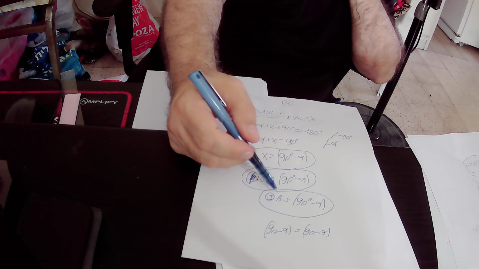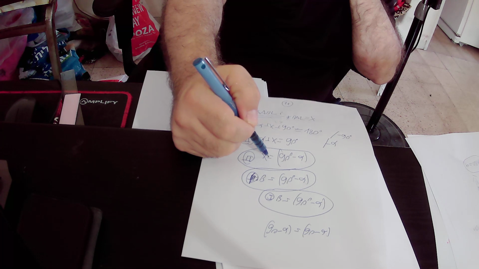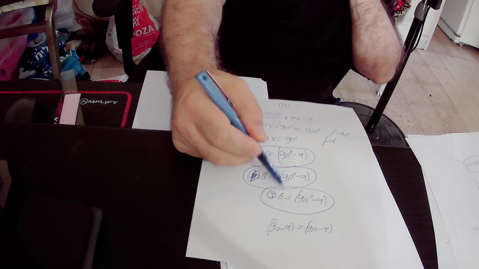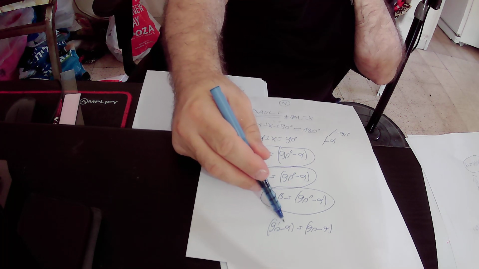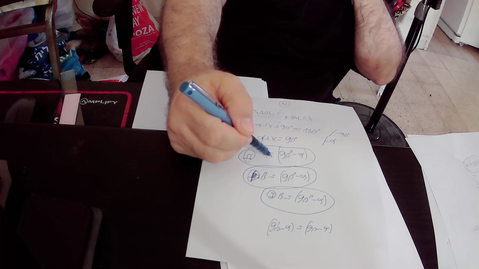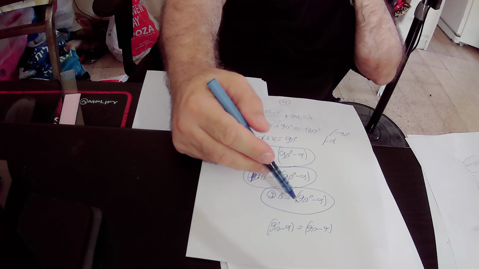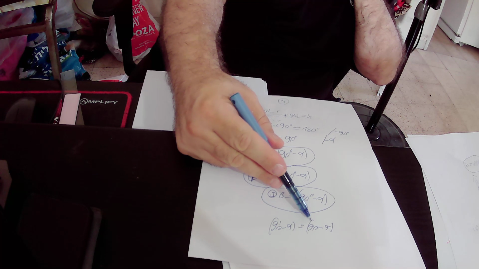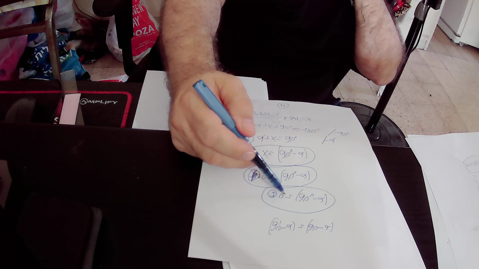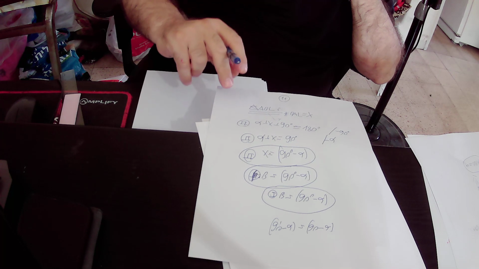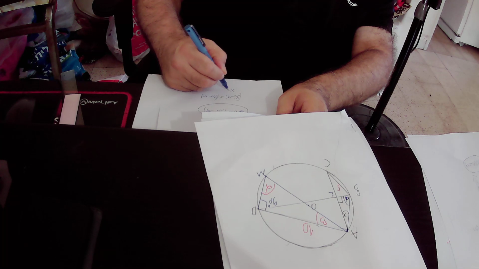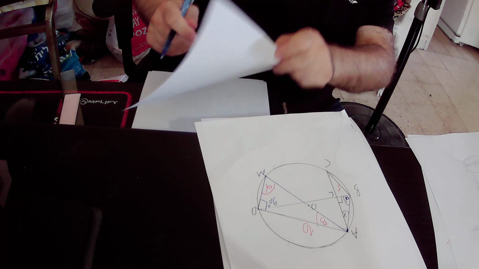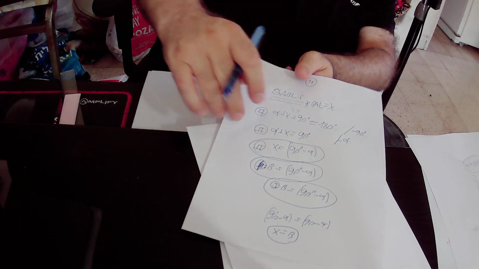We will substitute 90 degrees minus alpha by x in this side of the equation, and substitute 90 degrees minus alpha by beta in this side of the equation. We will get that x equals beta. Okay, we got that x equals beta,